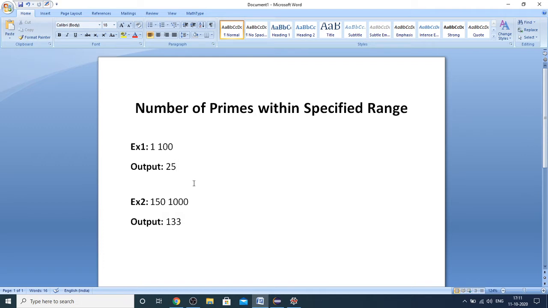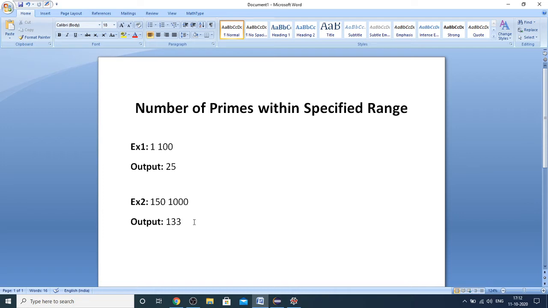So you should return 25 as the result, because we have 25 prime numbers between 1 and 100. Likewise, if we are given the starting number 150 and the ending number 1000, you are supposed to return 133 as output, because there are 133 prime numbers between 150 and 1000. So this is what the problem statement is.